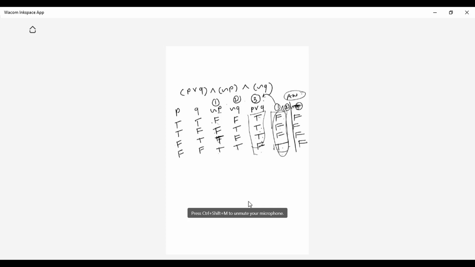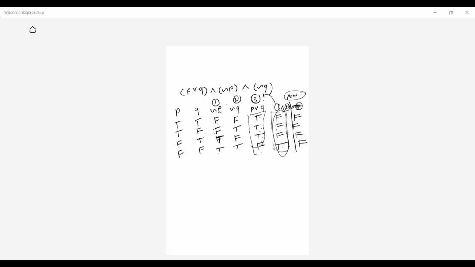So all false I am getting, which means this equation is showing a contradiction. I hope everyone has done this. Yes or no, student? Everyone has got contradiction? Yes, ma'am. Yes, perfect. I hope you will not make a single mistake in this type of problem. These problems are very easy, and you have a great scope to get full marks in these types of questions. Okay, done.